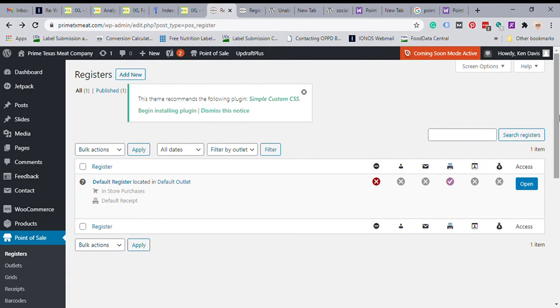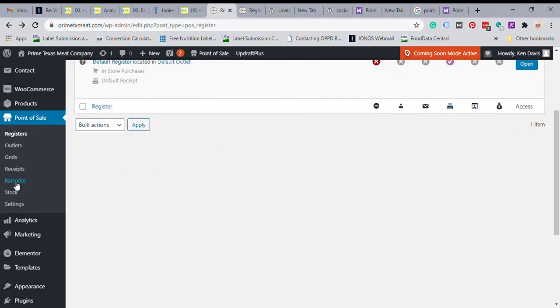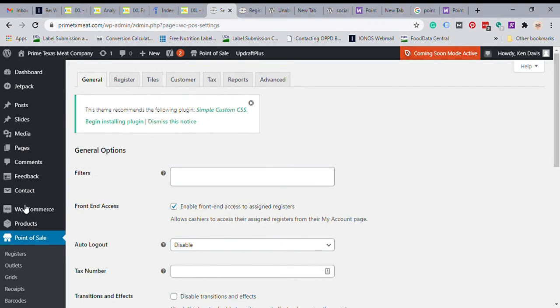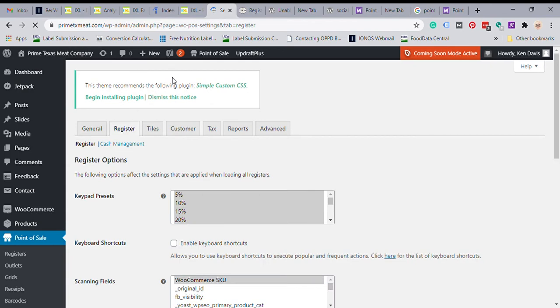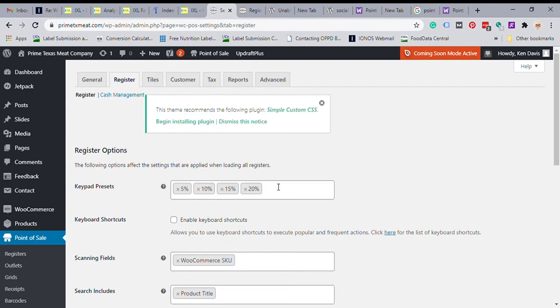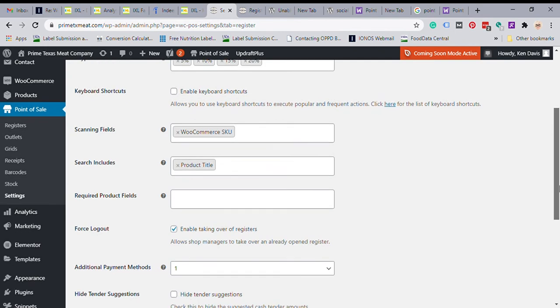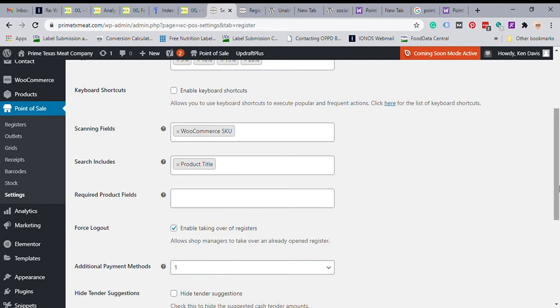You're going to want to go through your settings and really decide how you want your register to work. There's lots of options, like here's your preset discounts. If you wanted to do that, you don't have to. You can take all of those out and require that only promo codes are used for discounts. Completely up to you. You can, if you want to, go through the whole barcodes and assigning barcodes to each